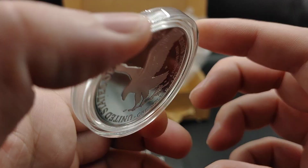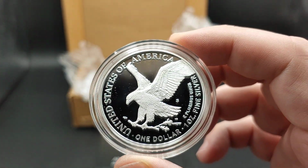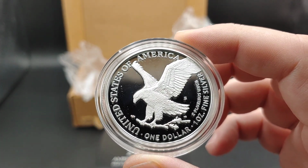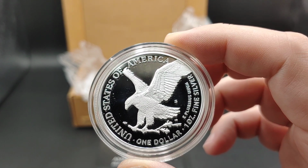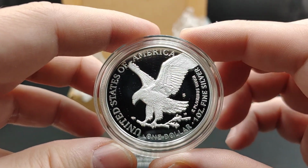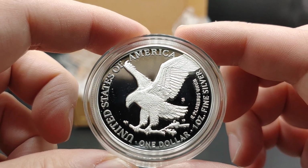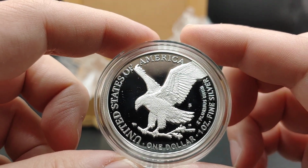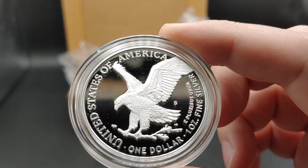Those are selling for about $105 raw in this type of condition. So this is not going to be your superstar enhanced reverse proof 2019 San Francisco, I believe it was, that is scoring like $2,000 for raw or graded because they only made like 27,000 of it. But I think in the long term, if you're going to collect something like this, it will have some numismatic value later on because, again, they only